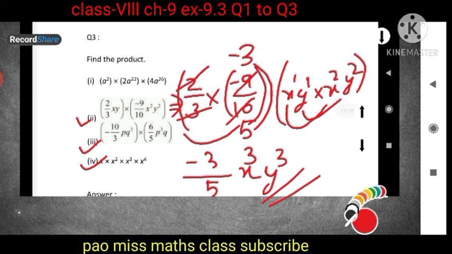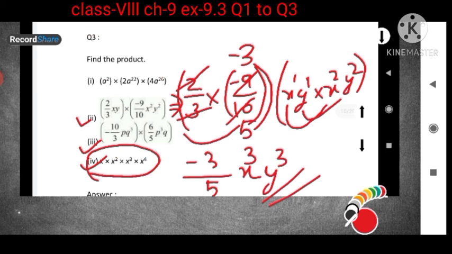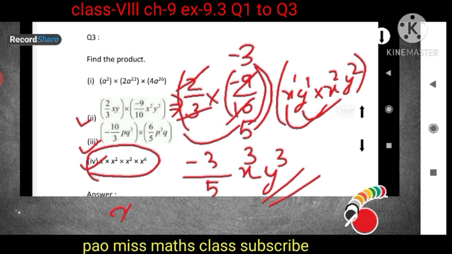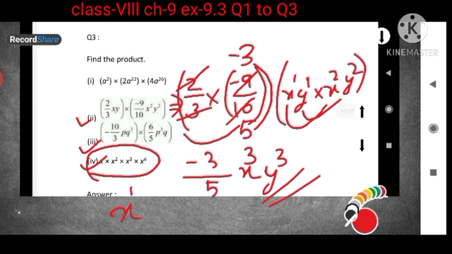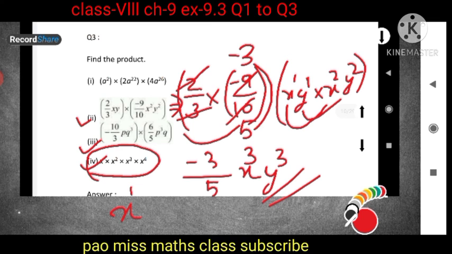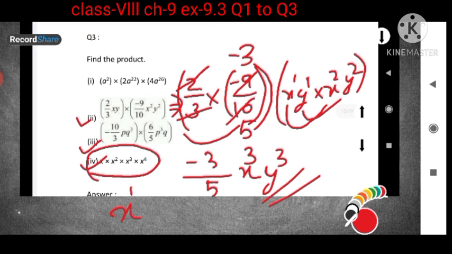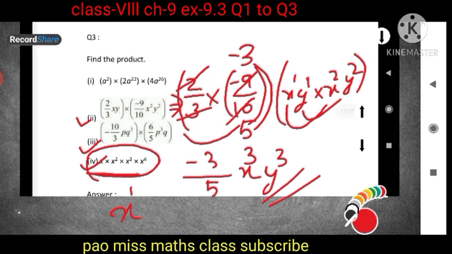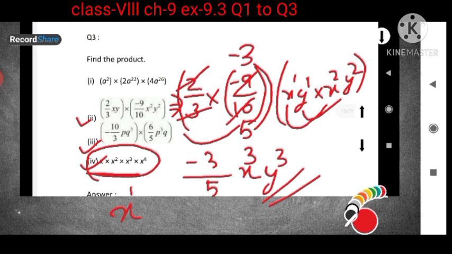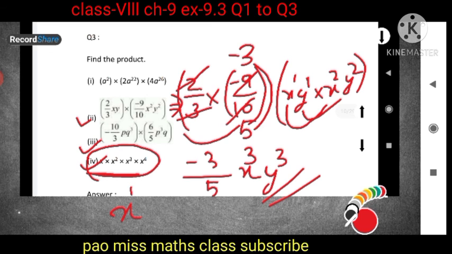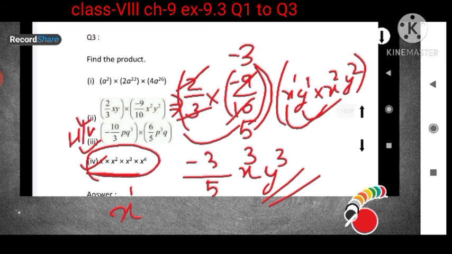So in the same way you will solve question numbers 3 and 4. Question number 4 is very simple. Here you only have to add the powers, isn't it? If there is no power, then we have to assume 1, meaning x is 1x, so the power will be 1. If you add all these, you will get your answer. For this also you will separate the coefficients and the variables and multiply them separately. So questions 3 and 4 will be your homework.